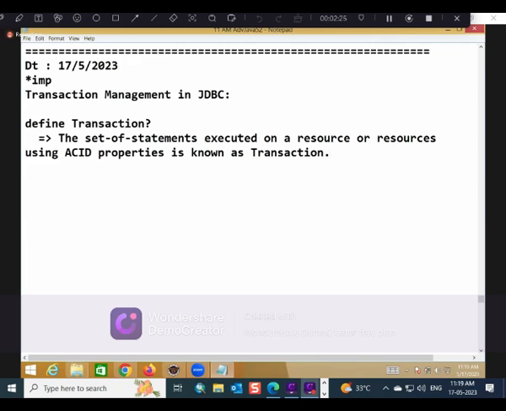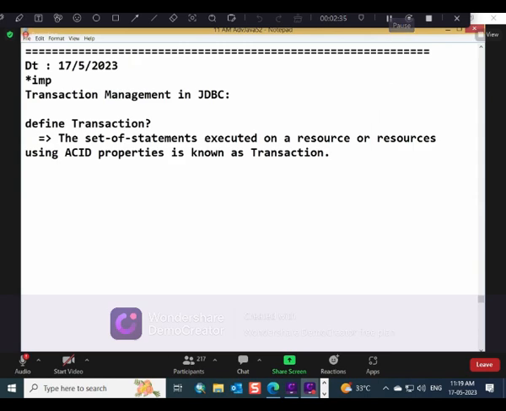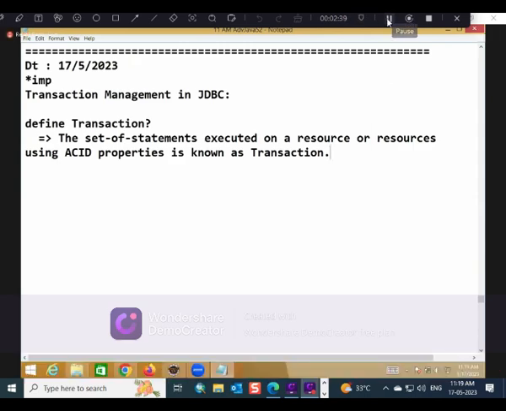The set of statements executed on a resource or resources using ACID properties is known as a transaction. Underline ACID properties. In this ACID, A stands for